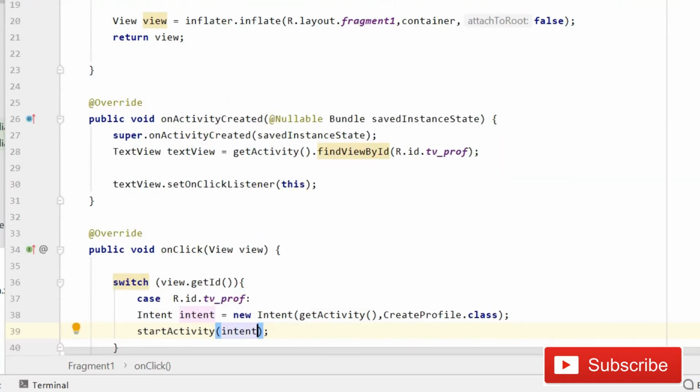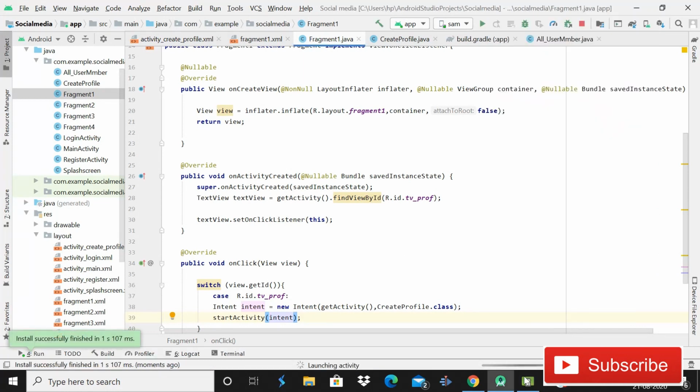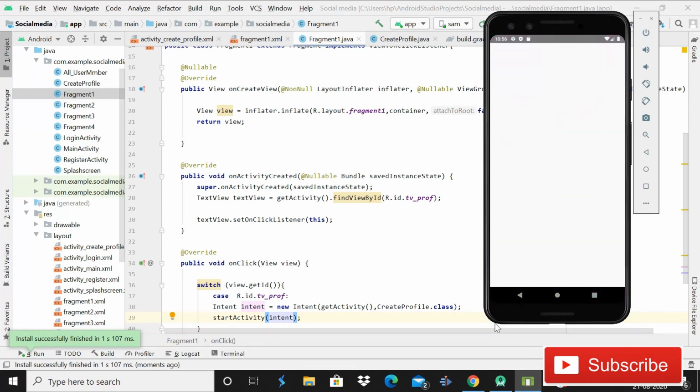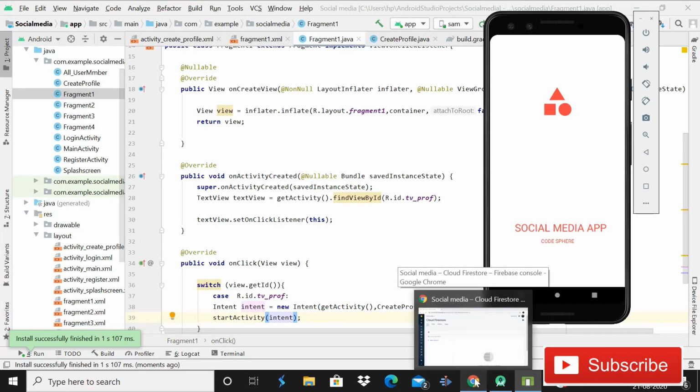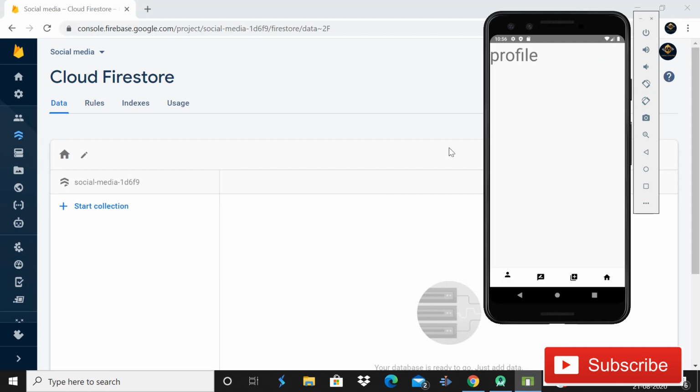So guys, now it's time to run the app and see. This time we should not get any error. You can see that the Gradle build is running, and hopefully now it should work pretty fine. The app is installing successfully, and now the activity is launched and we came on this fragment one. You can see this beautiful animation, and let me open this Firebase console, and here